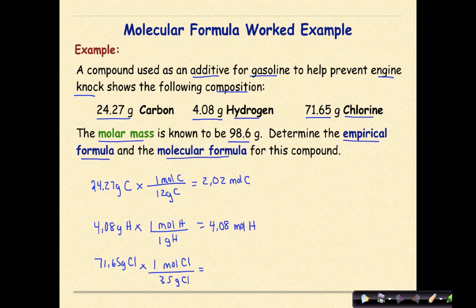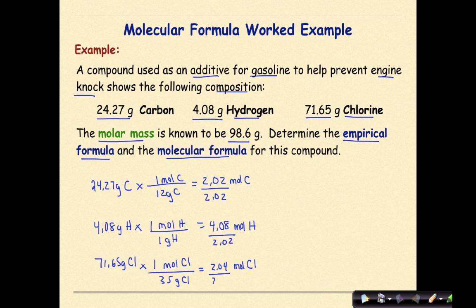And finally, 71.65 grams of chlorine times 1 divided by 35 will be 2.04 moles of chlorine. Then I need to look at all of my numbers and say, okay, which one is the smallest number of moles? And it turns out it's carbon. So I'm going to divide each one of these by 2.02